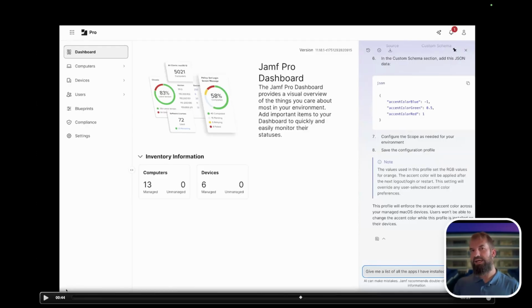If Jamf's AI assistant is telling you to do any custom configuration profiles, chances are it's probably not going to work. Jamf's AI assistant, I think, is best built for referencing Jamf documentation or doing stuff through the Jamf GUI. From my experience, anytime it did any custom stuff like this, it didn't work really well. If you're using other AI systems, like we use ChatGPT to do a lot of that stuff, it's probably going to work a little bit better when making custom